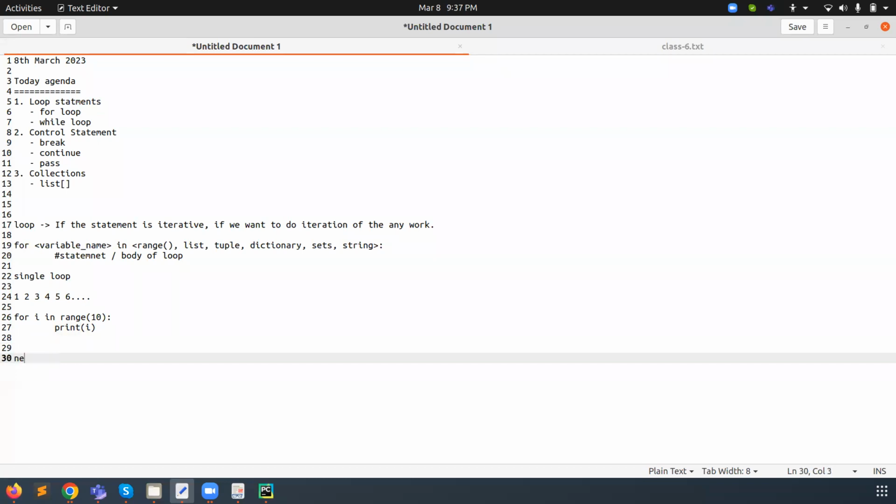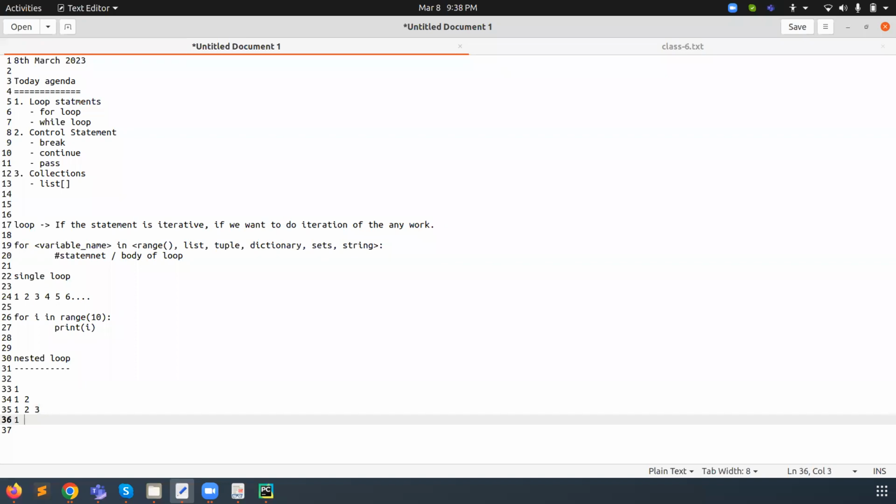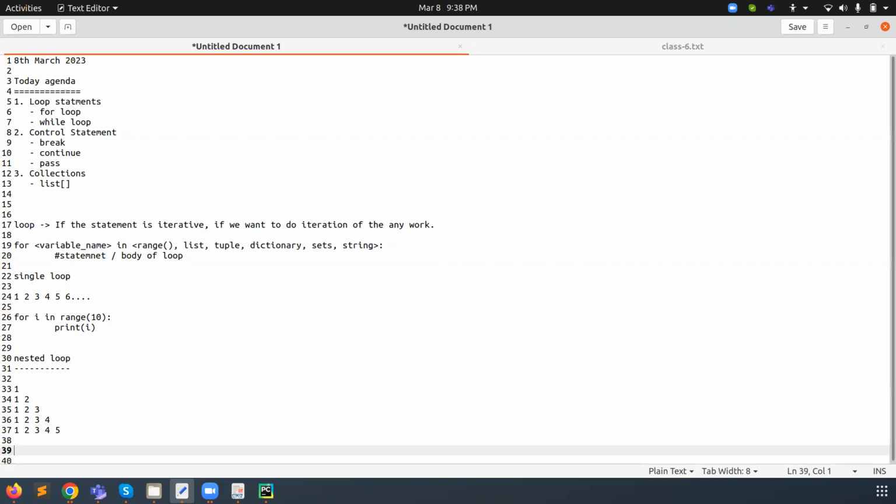And we have already discussed the nested loop. With the nested loop, we do iteration like a pattern type of thing.